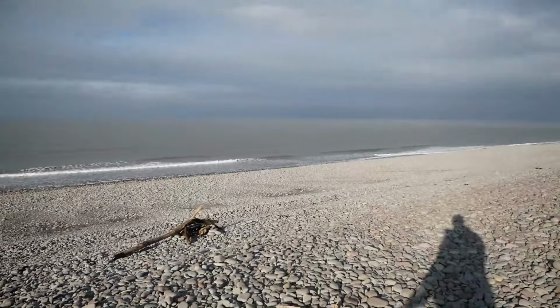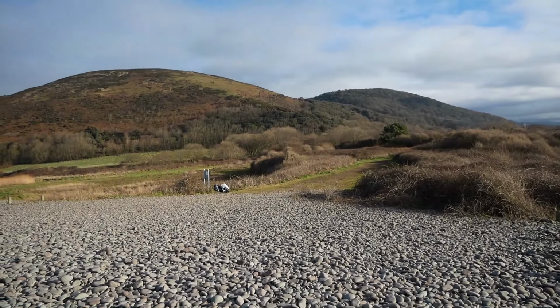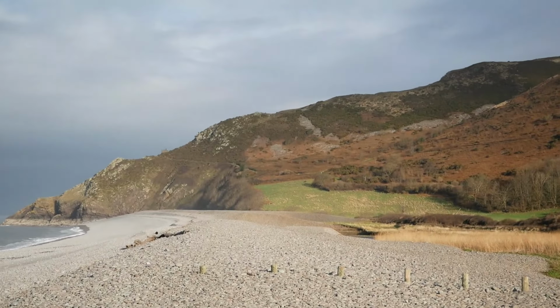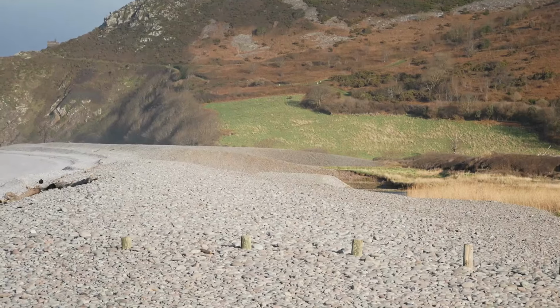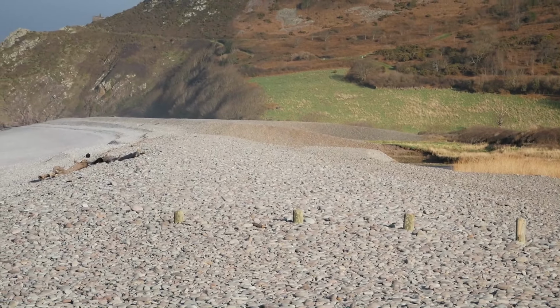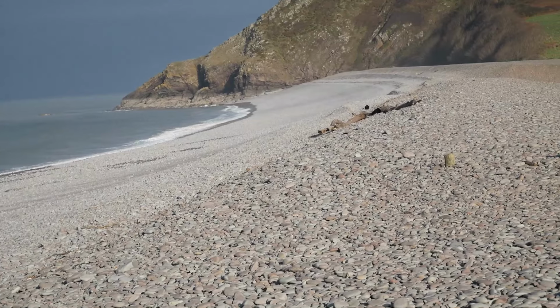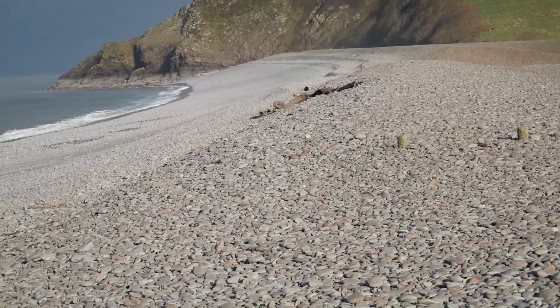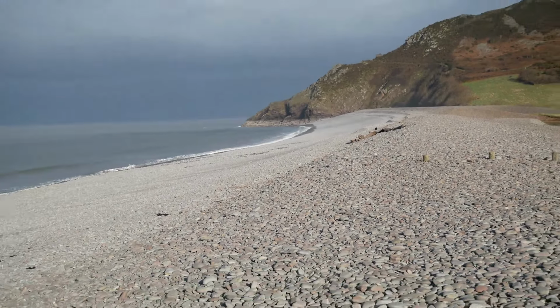So we've just finished coming down the end of the track. The other path that comes, you can see the cut on the hill in the distance. It branches off that, basically comes down just beyond the edge of that green field, and you come down steep steps that are quite large, from your foot past your knee, large steps. It's low tide at the moment. Purposely come here so you can see. Like I say, it's a storm beach,